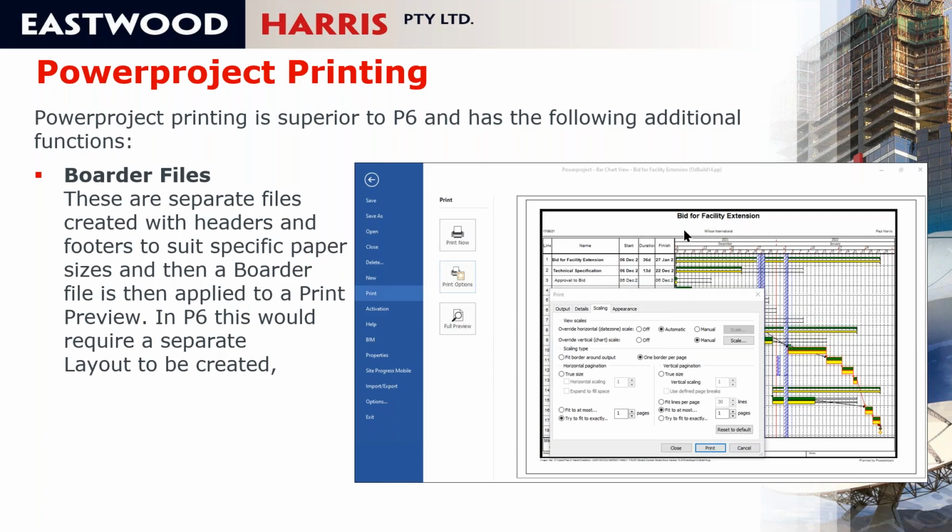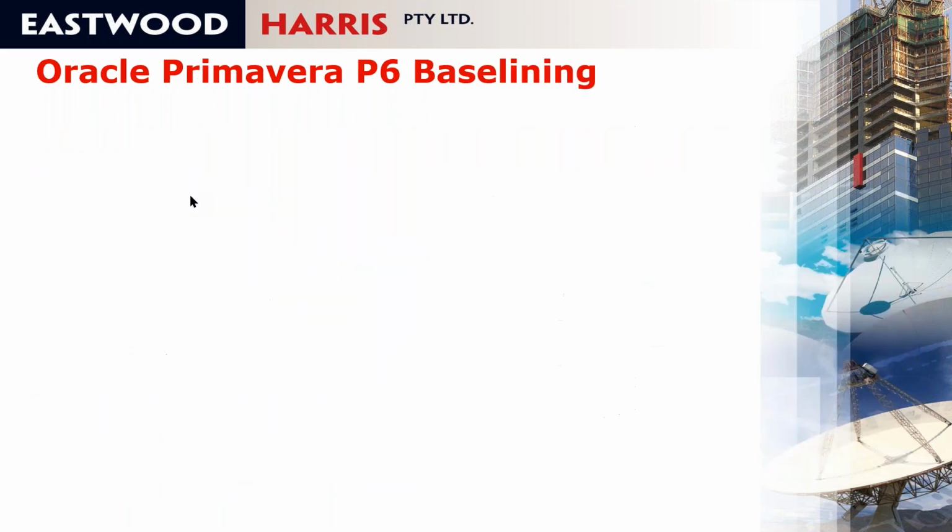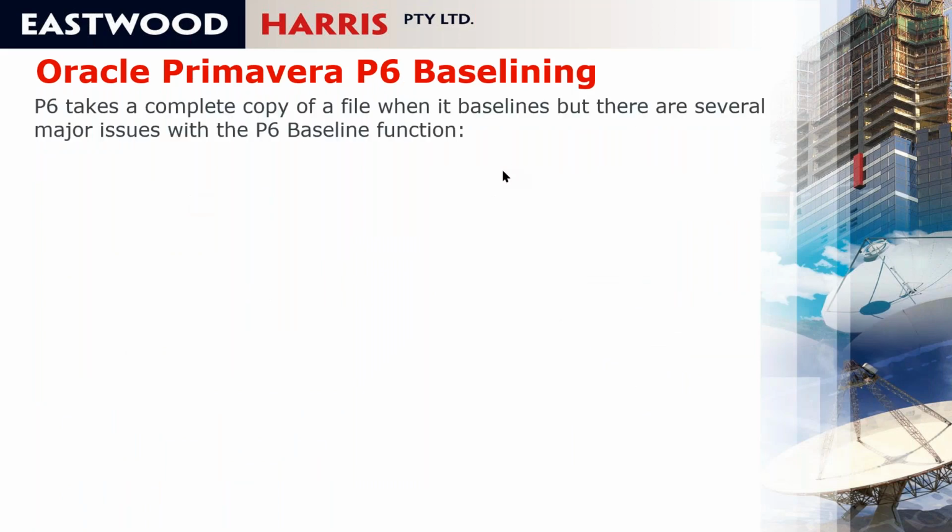And that's really useful, whereas in P6, if you create a header and footer suitable for an A4 piece of paper and print it on A1, then the logo and the header gets really large and not particularly good. So this does handle border files, which are really useful, and it's got a lot of other printing functions, like you can print to images and things like that. So again, although P6 printing is very good, Powerproject has a few more functions that make it a little bit more superior. Baselining. So P6 takes a complete copy of a file when it baselines,